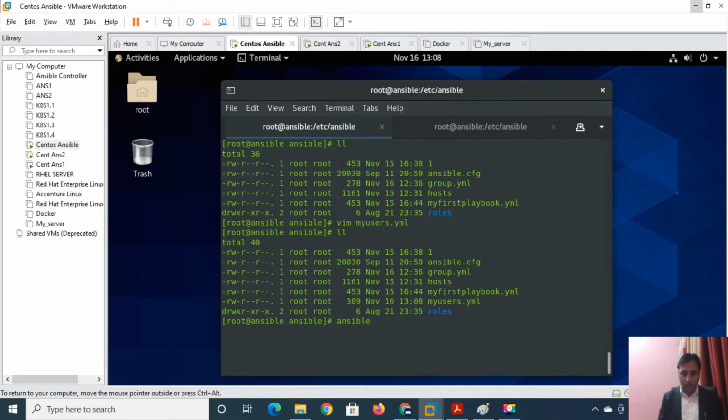So first of all, before execution of this playbook, we have to check the syntax, whether you have any error or not. Hyphen syntax hyphen check, this is the command.